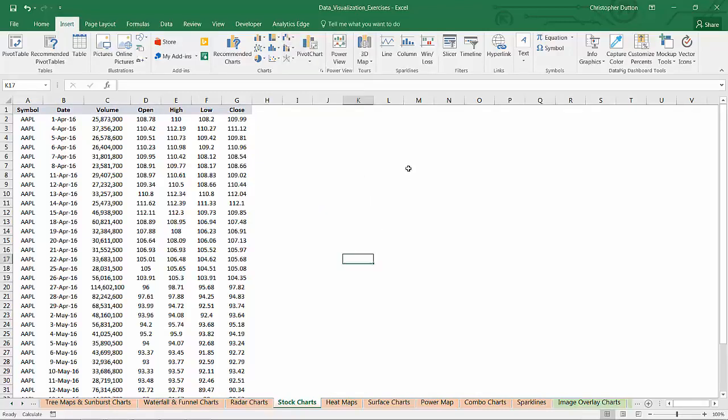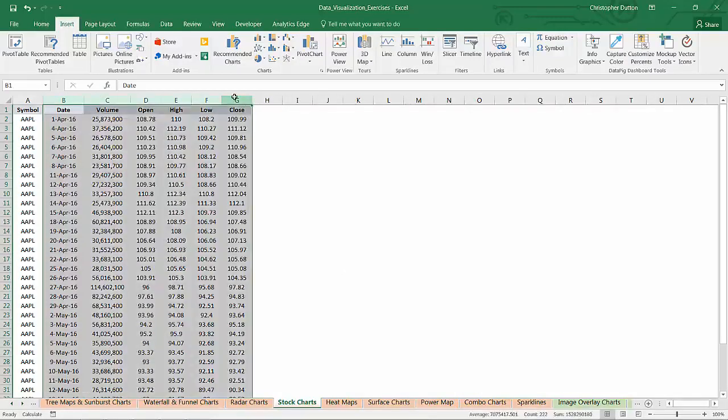Now what's important to keep in mind with stock charts is that they're a bit finicky and you have to feed it exactly the data that it's looking for in order to spit out the chart that you need. So in this case, I have all 5 elements in the exact order that Excel expects them to be: volume, open, high, low, close. So I can select column B all the way through column G, go into my Insert